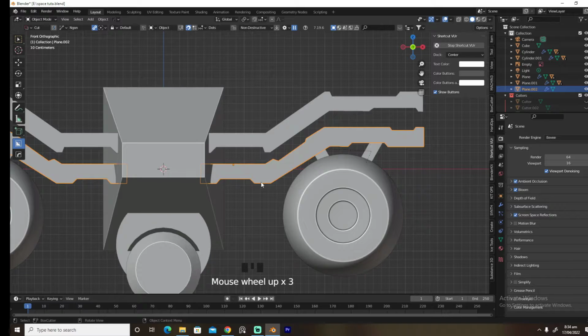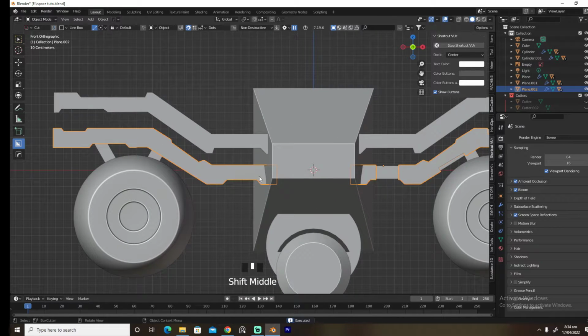And what we are going to do is start cutting, and we're going to go into line box, and I'm going to start cutting. So we're gonna cut, hit this guy,